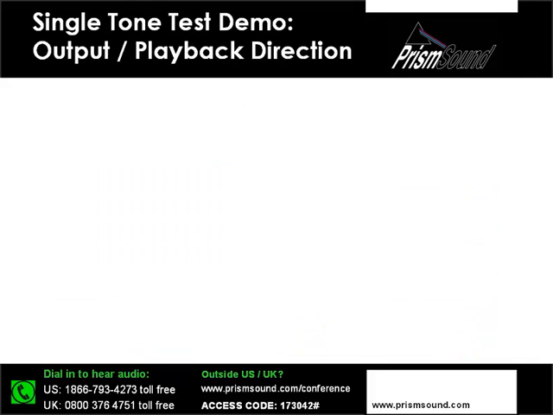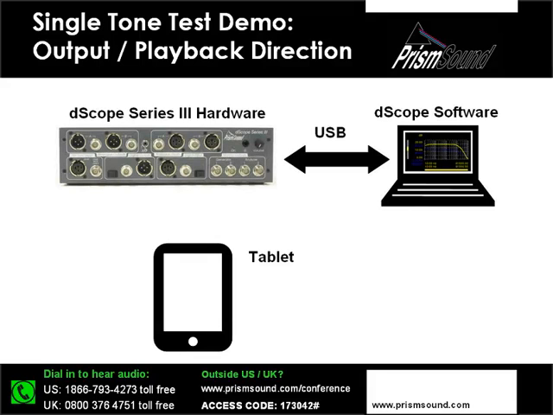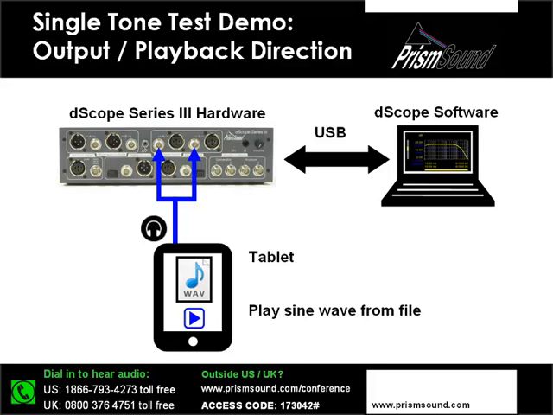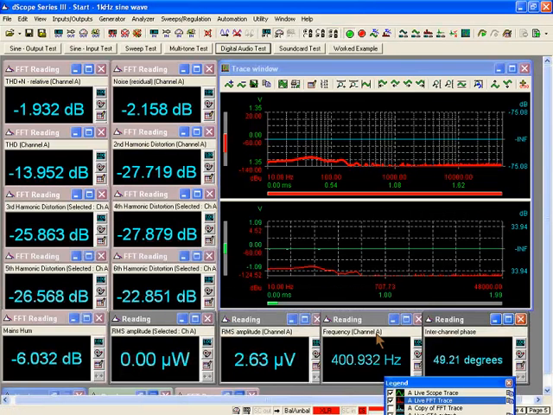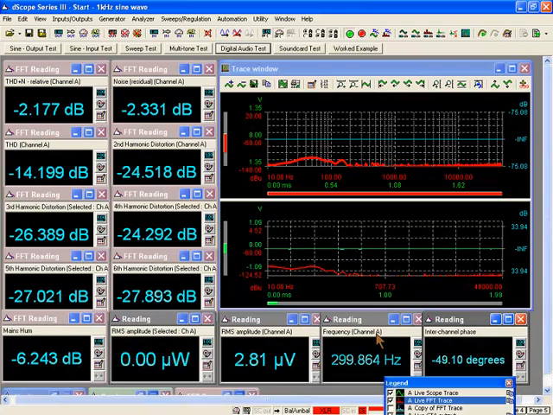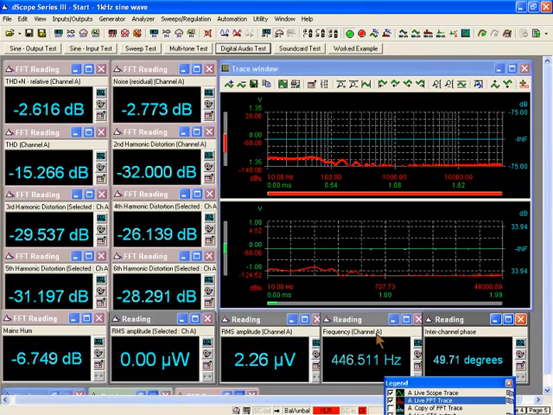So let's now then look at a demonstration, put this theory into practice. And what I'm going to do is, as we saw in the previous slides, I'm going to take my tablet. I have connected the analog outputs of this tablet to the analog inputs of my measurement system, and I'm going to play a sine wave that I have previously encoded as a WAV file and saved to my tablet device. So I will now switch to my D-Scope Series 3 measurement system. This is the software where we can see the measurement results on our screens, and at the moment there's not much happening. I have no signal present, but if I now go to my tablet and turn on or play